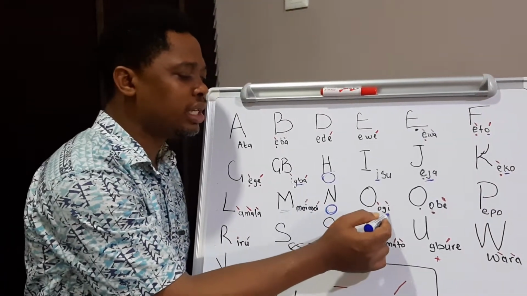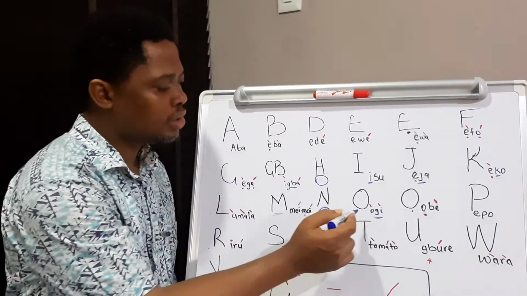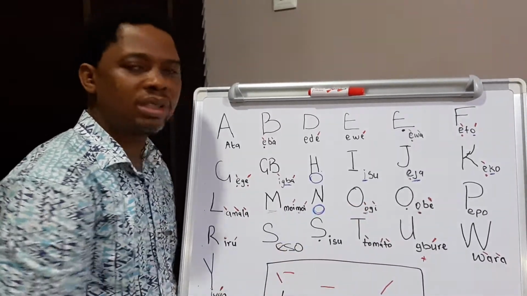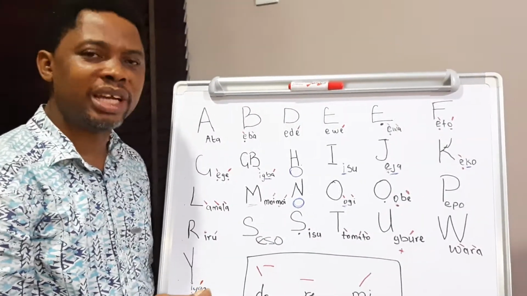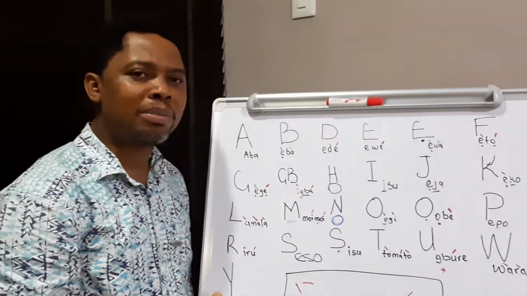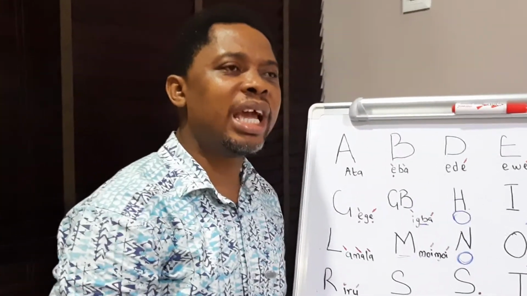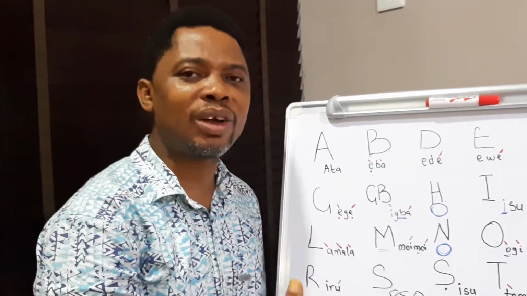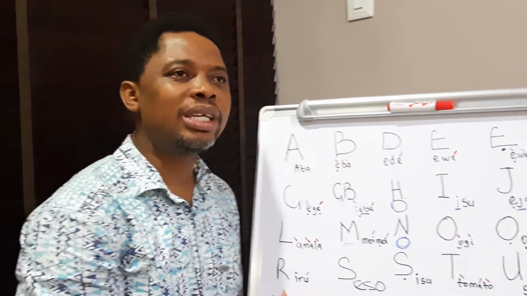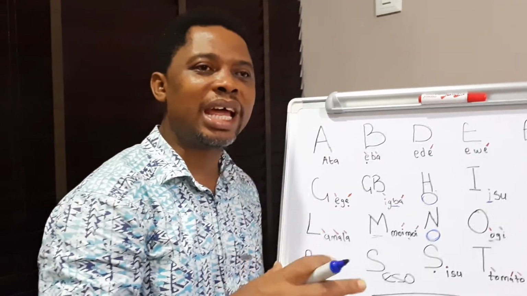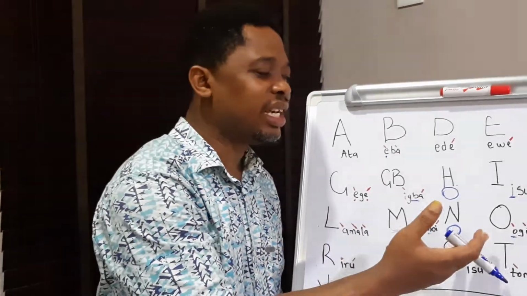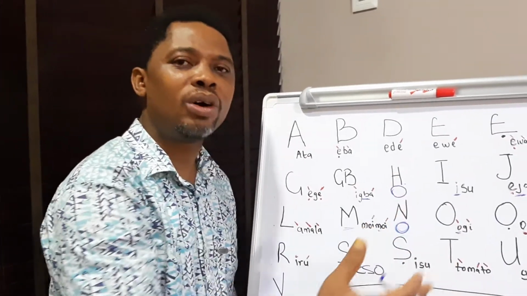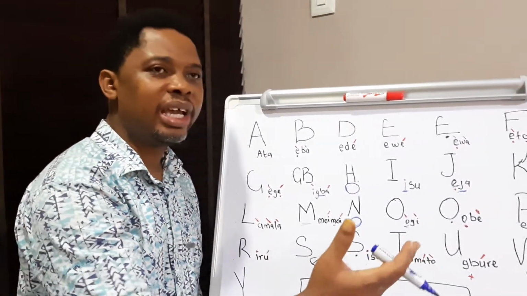O, ogi. The real sound here is the O, and it's so simple, just like the alphabet itself. Ogi is pap. The eko that I mentioned the other time, some people can refer to ogi as eko, but eko in that context is ogi that has solidified, but ogi is usually more like semi-liquid, while eko is mostly eaten as solid.